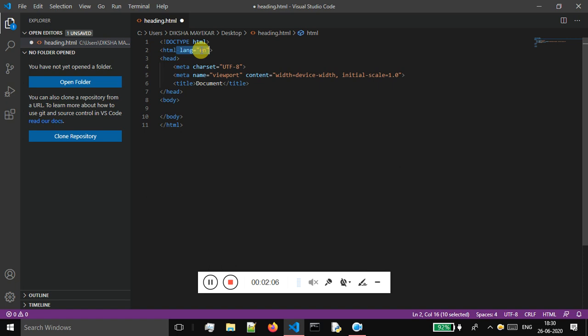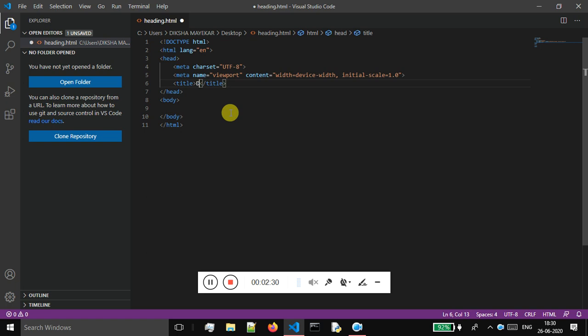The lang attribute is the language used in our website. We will be working with English, but in foreign places they can use Arabic or French, so they just have to specify here in what language they are writing their documentation. But currently let's not focus on this.